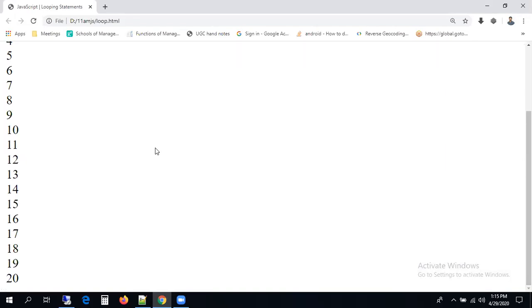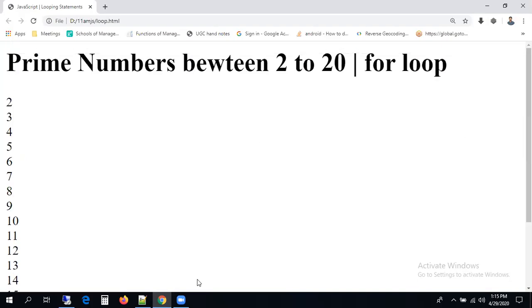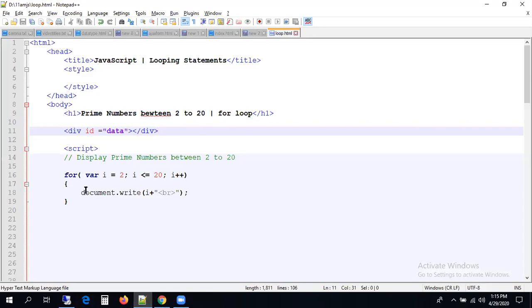In these 2 to 20 numbers, I want to print the odd numbers only. Yesterday we saw how to print only even numbers, and we also saw how to print only odd numbers. Now my task is to print only prime numbers. To do this, let me write one more loop inside this loop. Printing is actually not required, just for our understanding I printed the value of i.